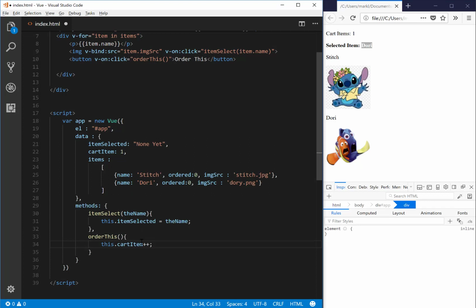But how do I get at Dory's, or how do I get at Stitch's particular order? Well, besides the fact that here in item select we sent just a single value, we can send the whole object if we want. So let's receive the item. So now we've got our object in our hand. So now we can change that object's ordered. So the item dot ordered